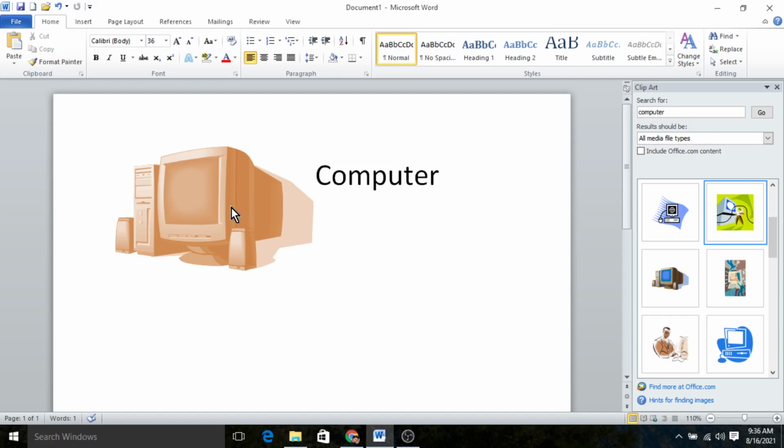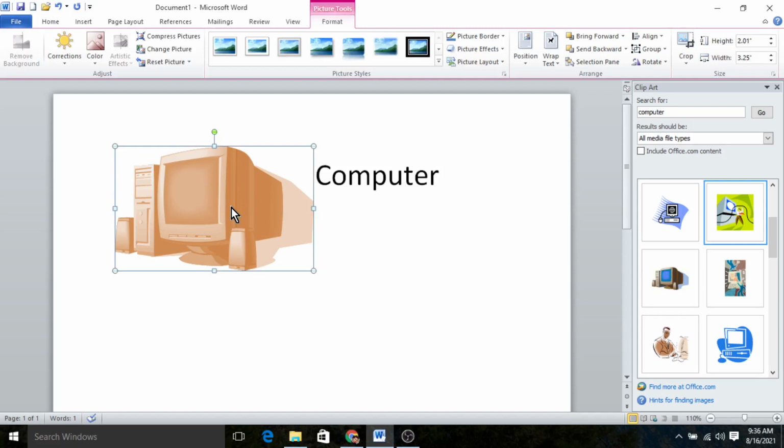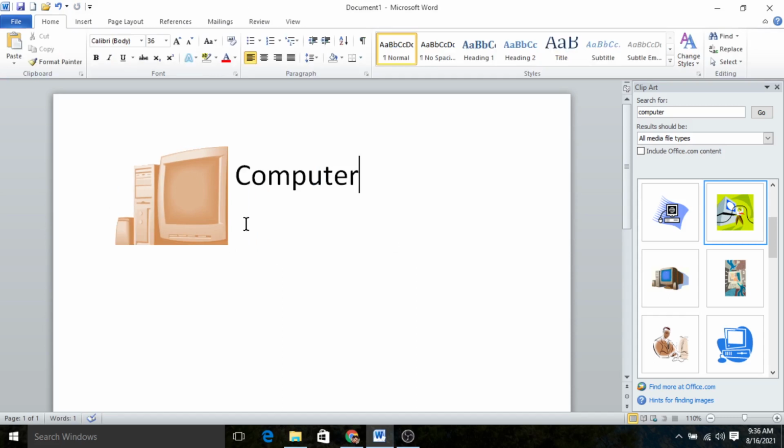If you want to do some more changes, like if you want to crop some part of your picture, what you will do is click on the crop, and see the L shape and I shape that appear on the select box. Fine, what you have to do is choose any one, drag your mouse over that shape, select it and drag it, and choose the size which you want, and then click outside, and see the picture is cut, the picture has been cropped.